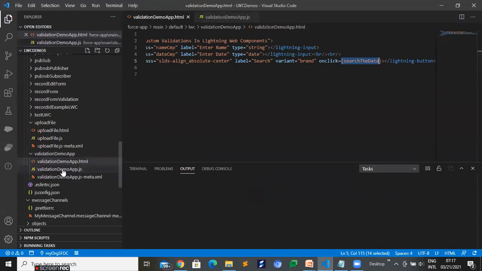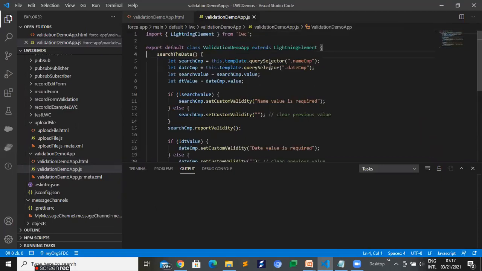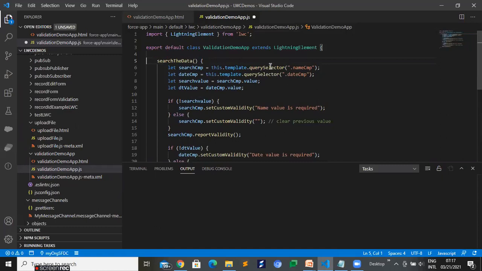So in the JS file, we created the method searchTheData. Now in searchTheData, first we retrieve the value of both fields. The first field is name and the second is date.